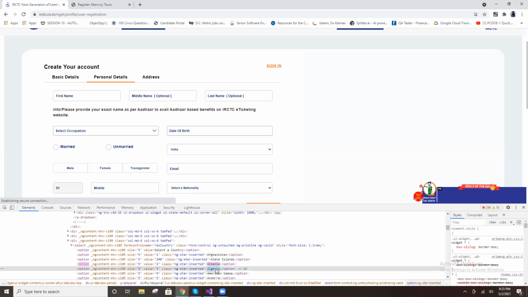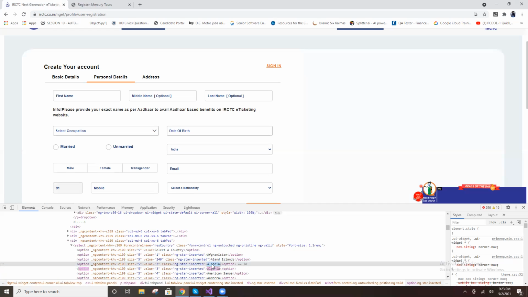Algeria is Algeria only, India is India, Albania is Albania. The country name is unique.